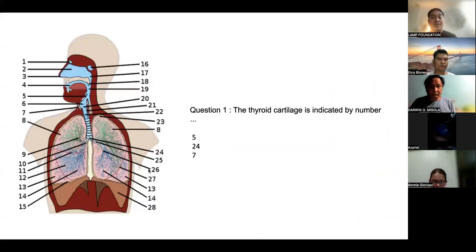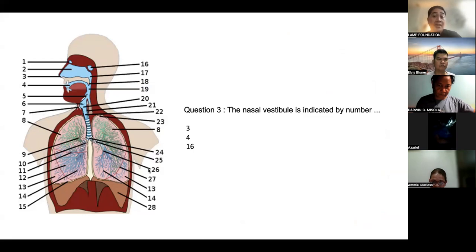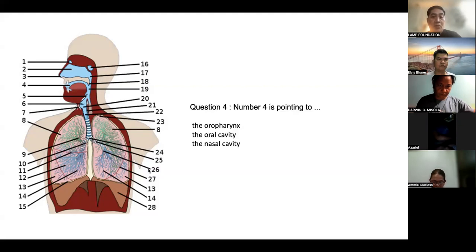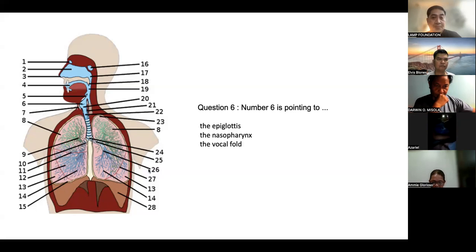The thyroid cartilage is indicated by number 7. Number 8 is pointing to superior lobe of the lung. The nasal vestibule is indicated by number 3. Number 4 is pointing to oral cavity. The epiglottis is indicated by number 5. Number 6 is pointing to